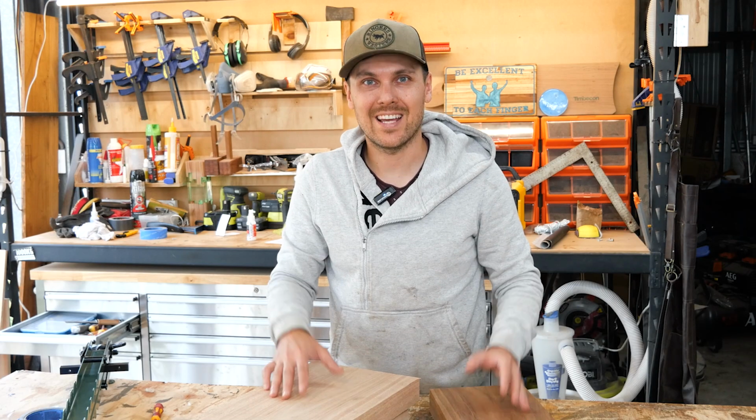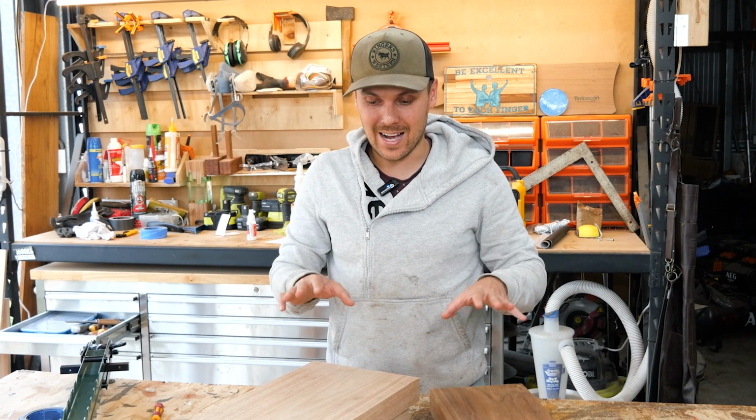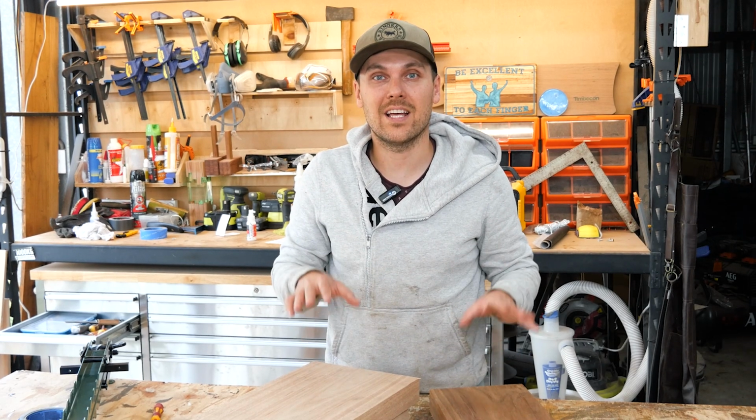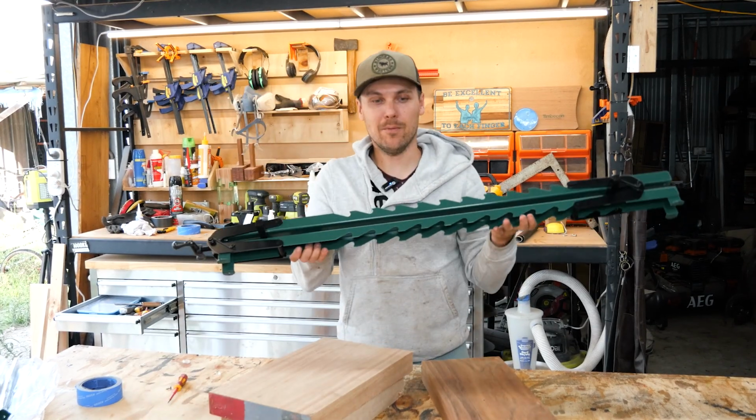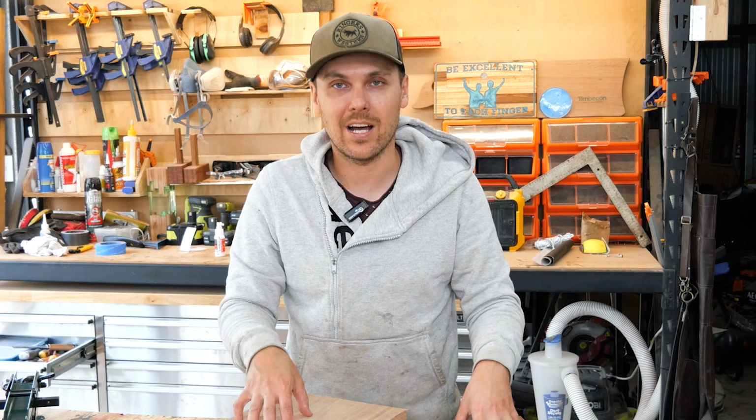There's a ton of glue ups and I don't own a planer. I want to have those glue ups as flat as possible, and to do so we are going to use these Torquata Panel Clamps. First step though, before we start anything, we have to break down our materials